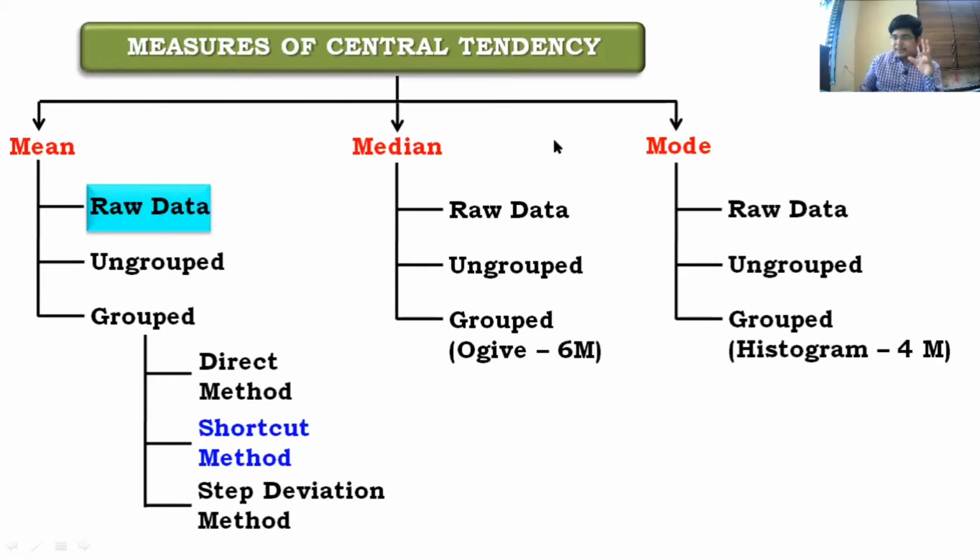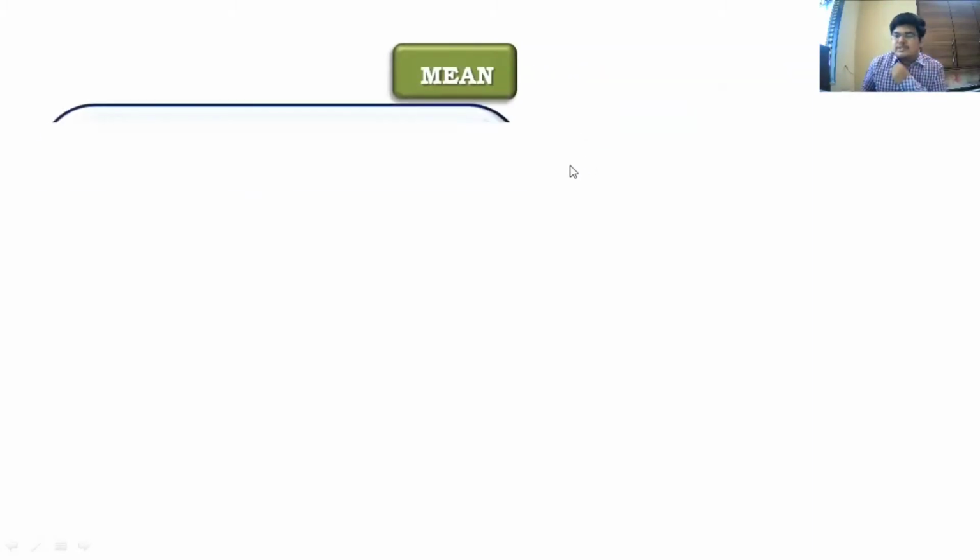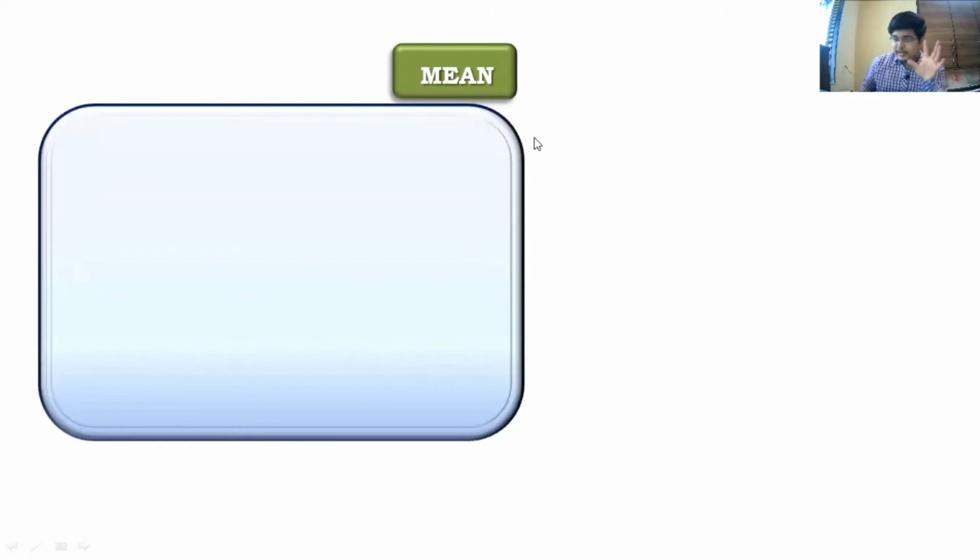All right. Now this part, mean for raw data, you guys have done this in 9th standard already. So quickly let us go and revise this and we'll take a sum based on this. So first of all, mean simply means average, arithmetic average. So it means average of some numbers which are presented to you, because we are talking about raw data first of all. So raw data is some numbers.